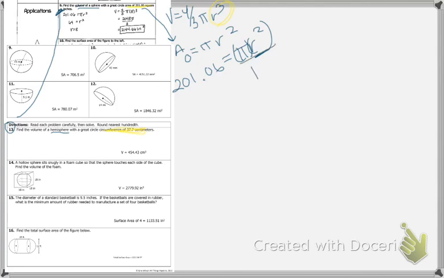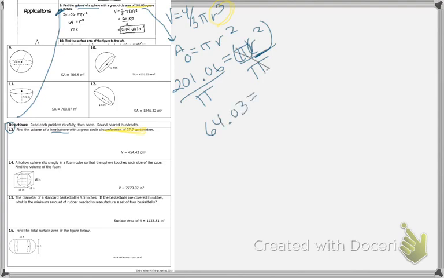That means I'm going to have to divide by pi. So let's divide, and I'm going to use 3.14. 201.06 divided by 3.14. Some of you will divide by pi, and that's completely okay. I'm going to round to the nearest hundredth. So this gives me